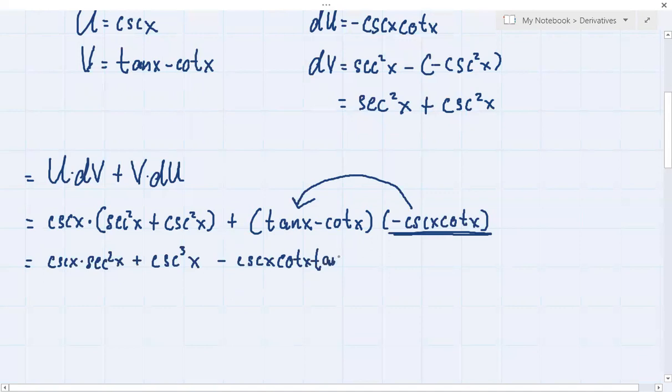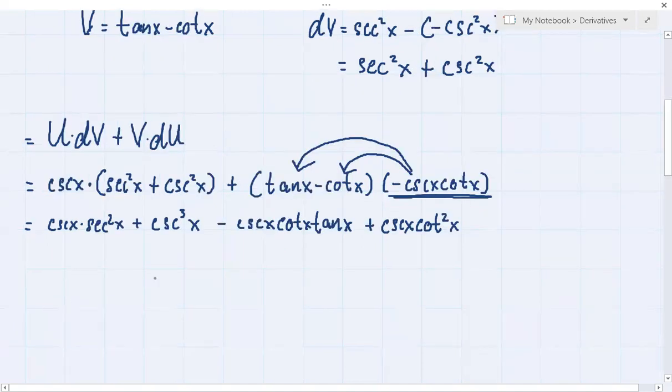Times tangent x. Then, to the next term, negative cosecant x times cotangent x times negative cotangent x. So it becomes positive cosecant x times the square of cotangent x. This is how it will look. Okay. Now let's simplify. Here in the third term, when cotangent x and tangent x are together,